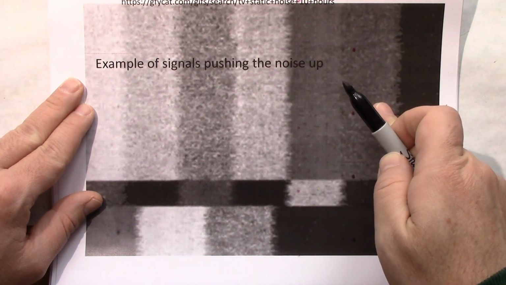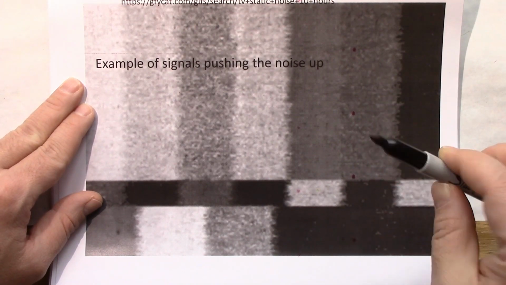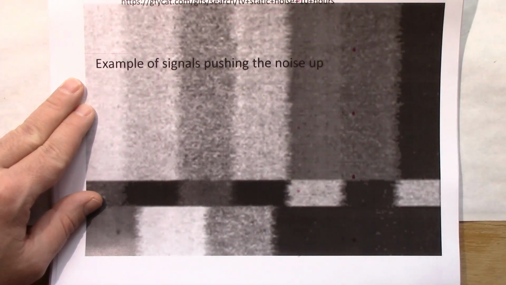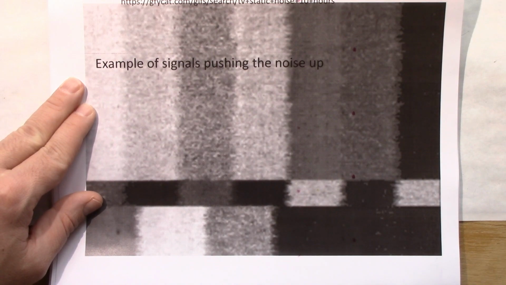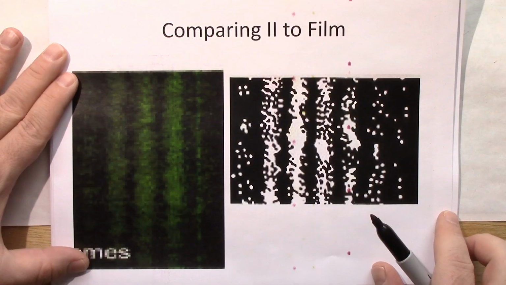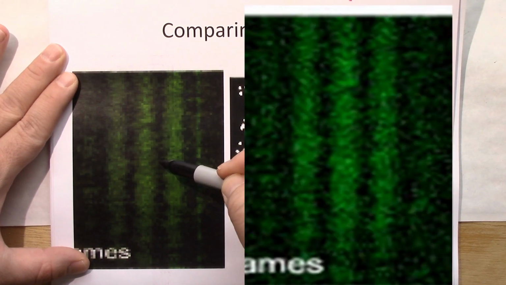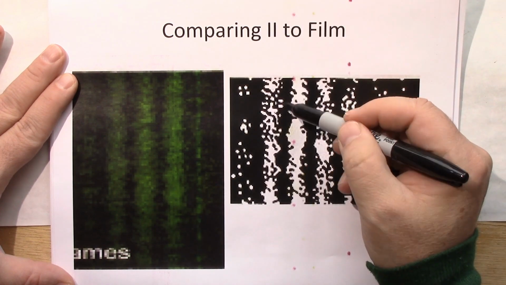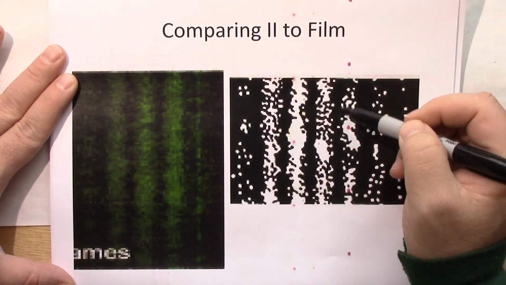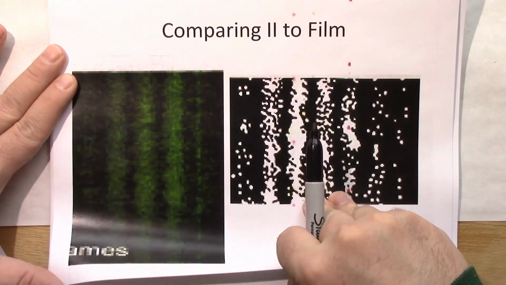Over here, where the transmitting station transmits just a little bit of energy, it pushes all the noise out of the noise floor. You can see all the noise riding on top of the transmitted signal. Okay, this is an example of how signals can push noise up above the detection range. Comparing to film, you can probably see from the camera that this null isn't perfectly dark in here, that there are spots, whereas the nulls on the film are perfectly dark. That's because film is a different detection medium than the photomultiplier.